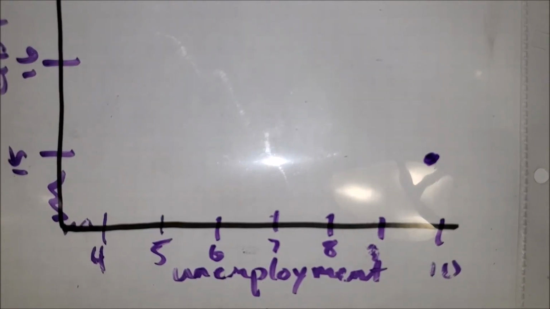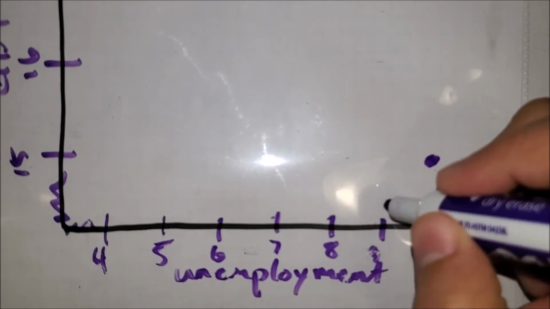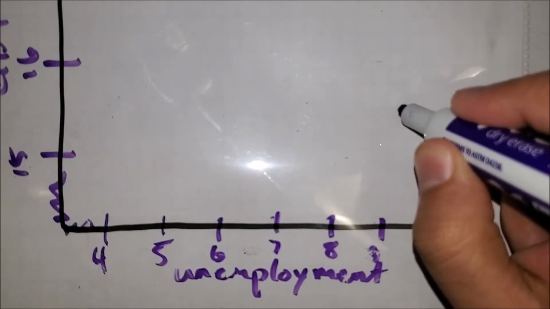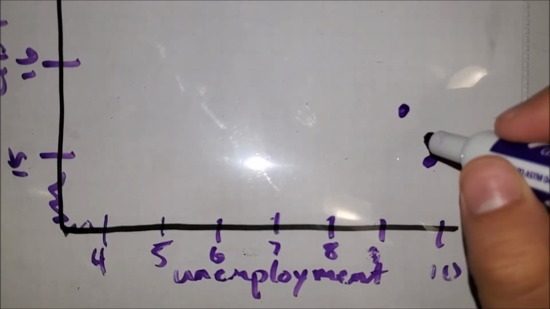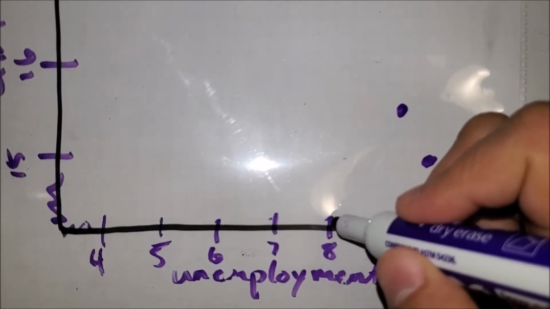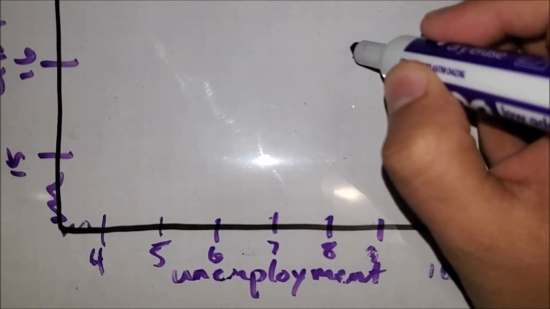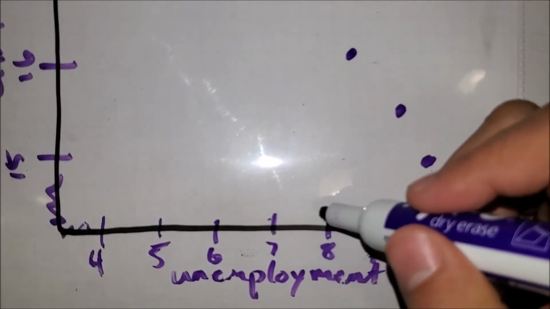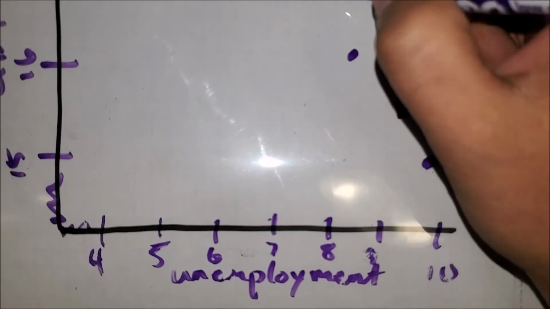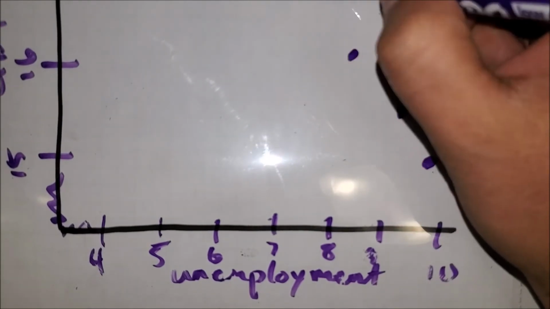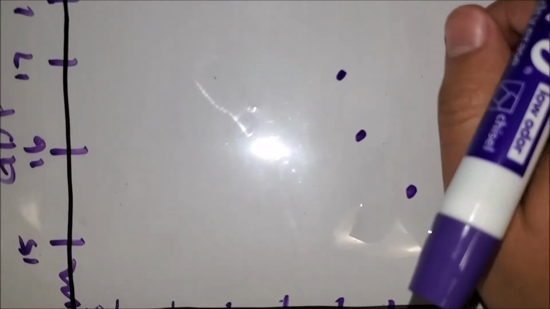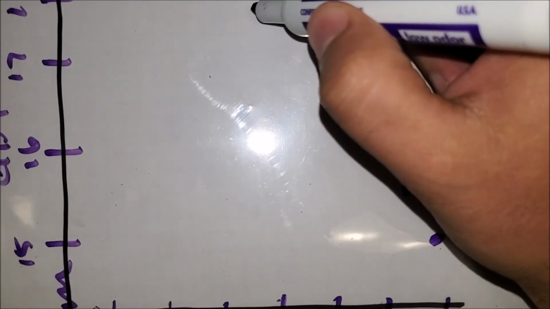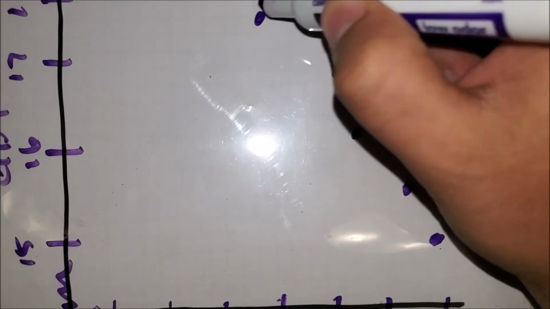Then we have 9.1 and 15.5, then 8.3 and 16.2, 8 and 16.7, 6.6 and 17.5, let's be right about there,